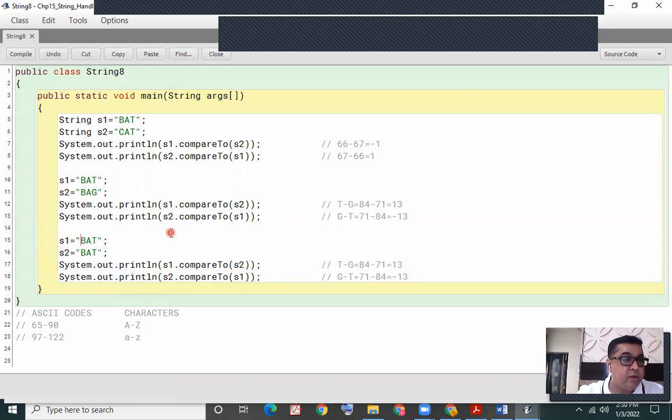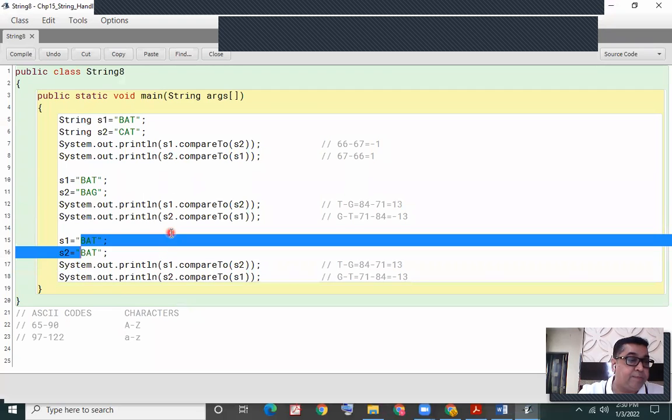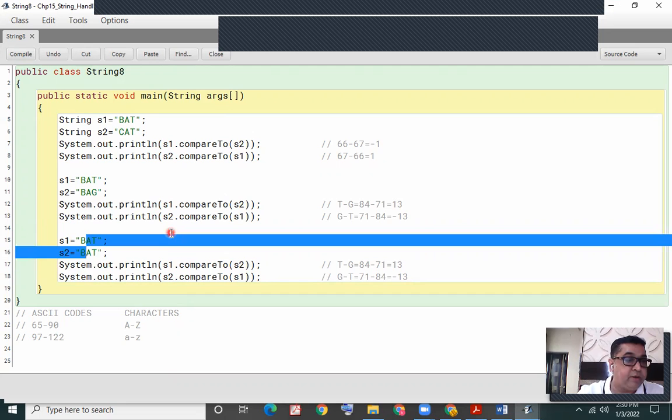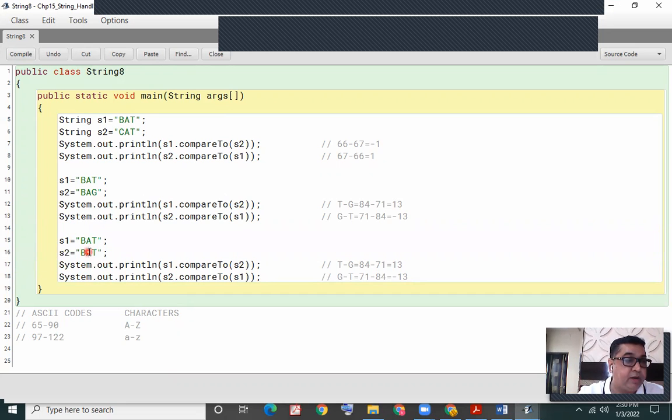Whether we compare the ASCII code of capital B with capital B in S1 and S2, or the ASCII code of capital A with capital A, or the ASCII code of capital T in S1 with capital T in S2, the difference would be 0 because the ASCII codes would be the same. There's no need of doing any kind of calculation here.